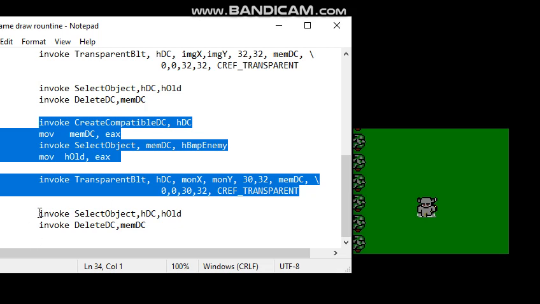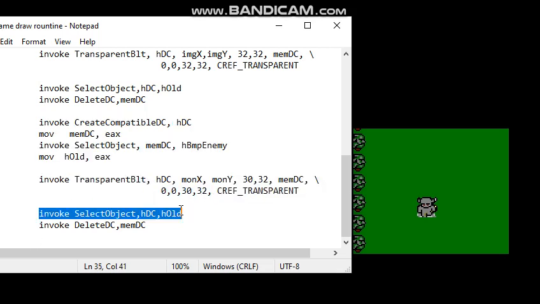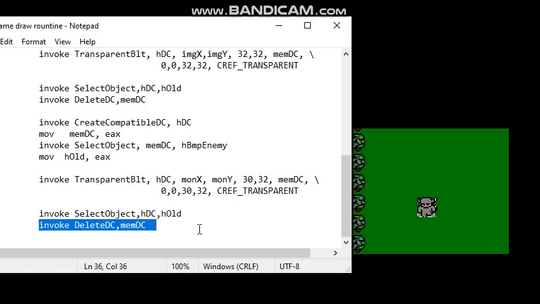And then obviously we select the objects for the enemy and we transparent blit that to the device context, and then we delete the DC, the device context,